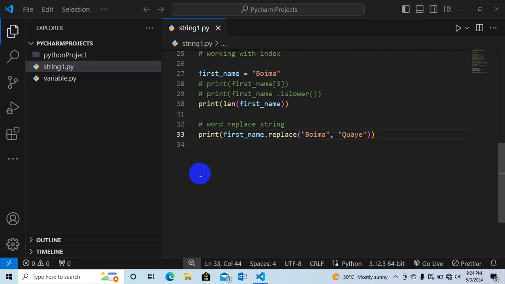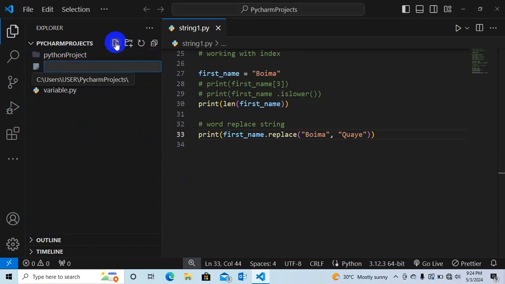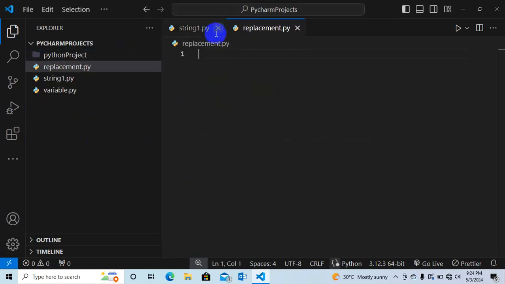So we're going to develop a project that will help us use both replace and input together. I can come to my project browser and create my Python file, replace.py. Let's take for example somebody writes a sentence and you want to replace a particular word within that sentence. Python makes it easy for you by using the word replace.